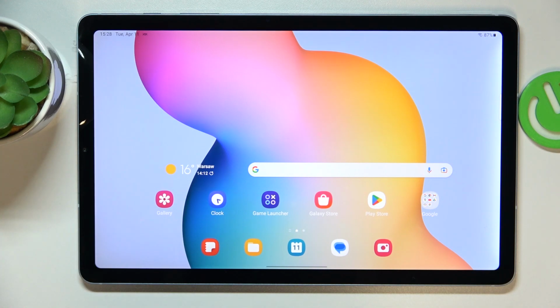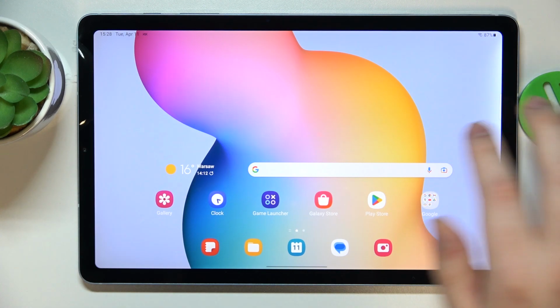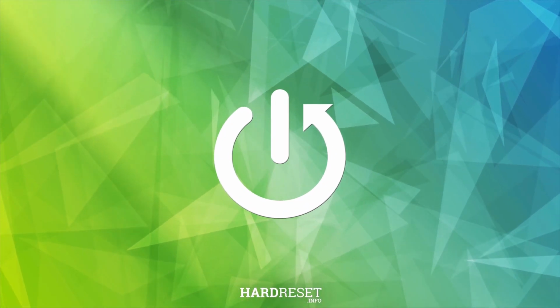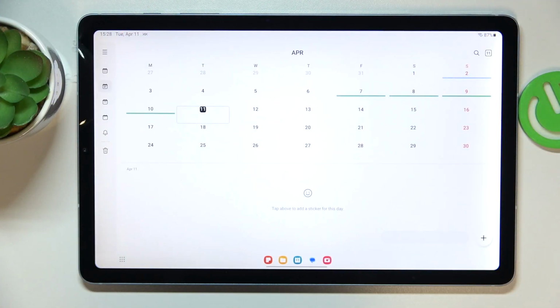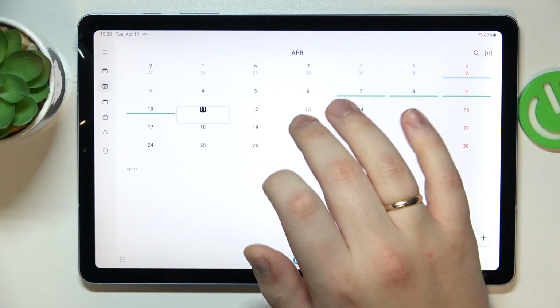This is Samsung Galaxy Tab S6 Lite, and today I would like to demonstrate that you can add an event to calendar on this device. So first and foremost, launch the calendar application, then select the date that you would like to create an event